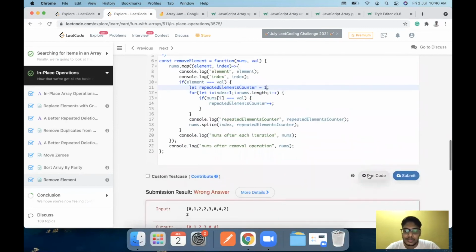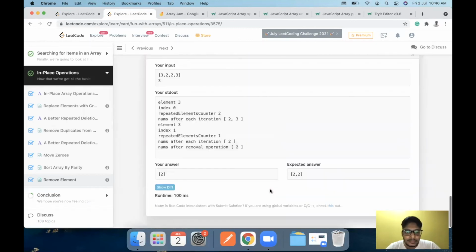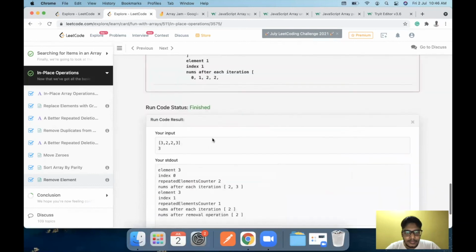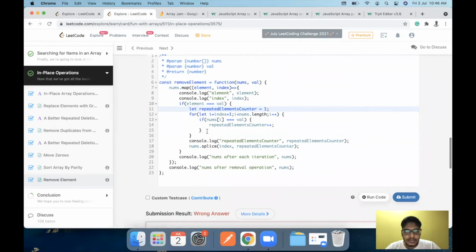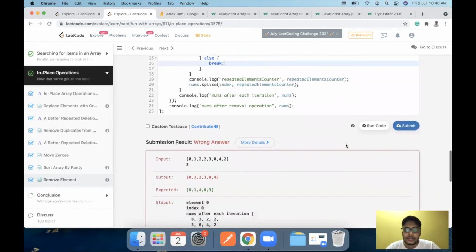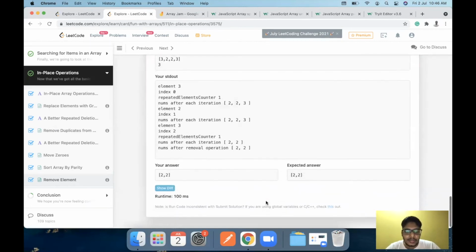I think this should work now. Let's just check. So once the repeated elements are found, we can break the for loop because we don't need to go through the next iteration pass. And I think this should work.